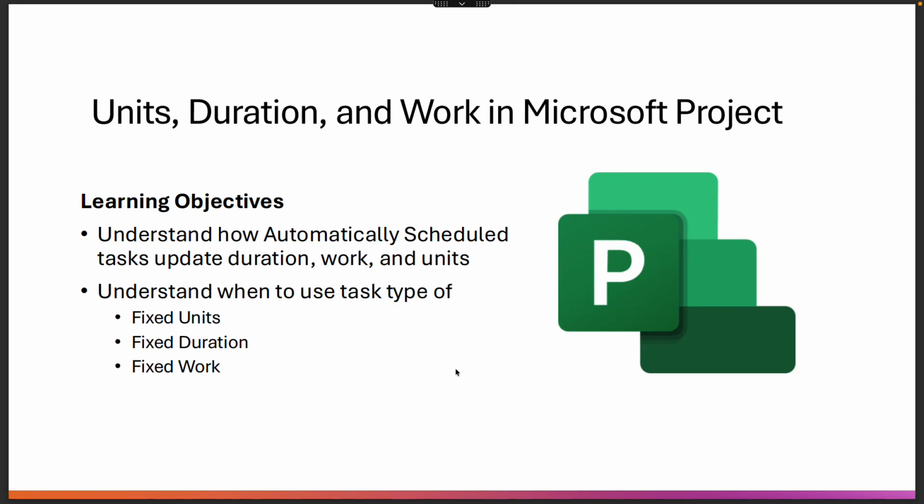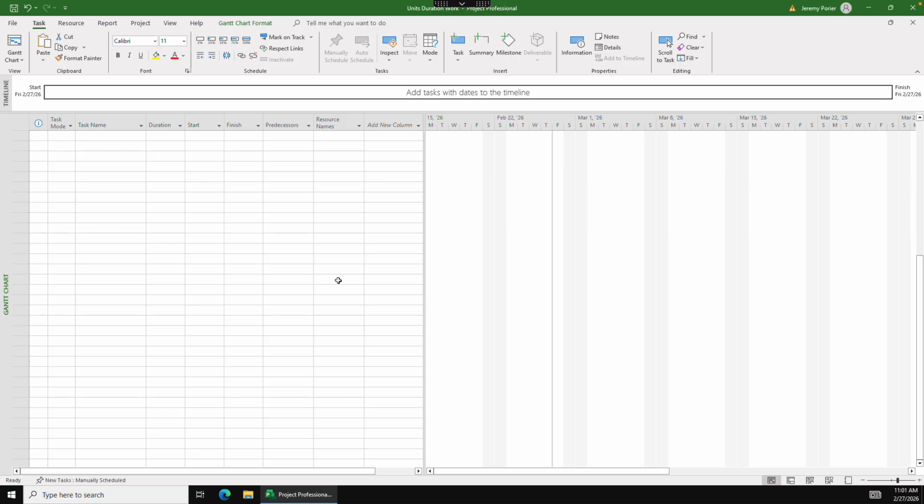Okay, let's take a look at units, duration, and work in Microsoft Project and figure out how that impacts tasks that are automatically scheduled, and also understand when we're going to use those fixed duration, fixed units, and fixed work type of tasks. Hop into Microsoft Project, and what we're going to do is create some tasks